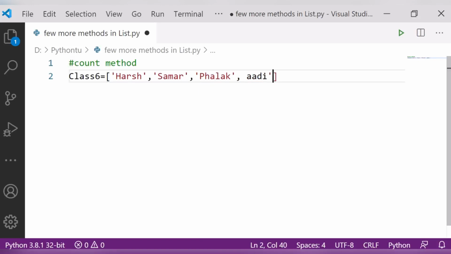Okay, fine, clear. So just suppose this is my list, and I have simply created a random list.